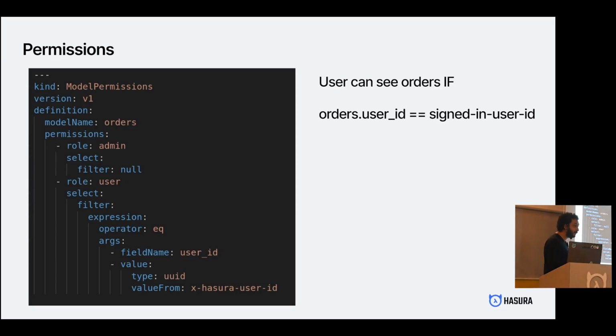The second advantage is that because the engine is taking your GraphQL query and compiling it into things like SQL, these permission rules are very efficiently pushed down into the database itself. So if you look at a join, like let's say you have a GraphQL query that has some join, these predicates will get added as where clauses in your SQL itself. So you won't actually have multiple database calls. You won't have a situation where you retrieve a lot of data and then you filter out at the engine layer. That sort of stuff doesn't happen. All the predicates are pushed down into the database layer.